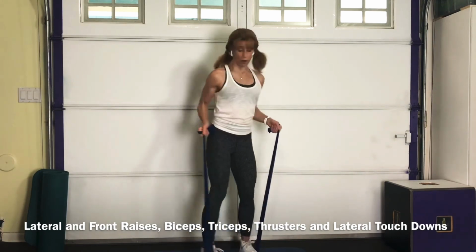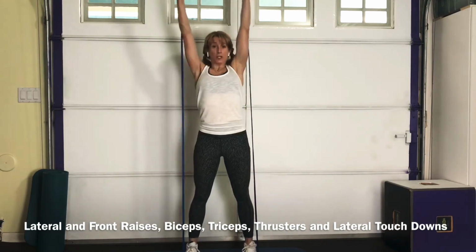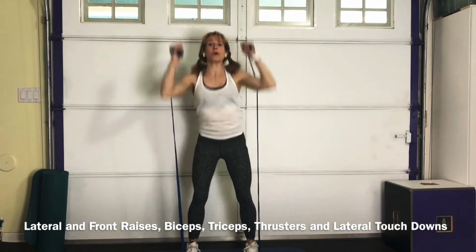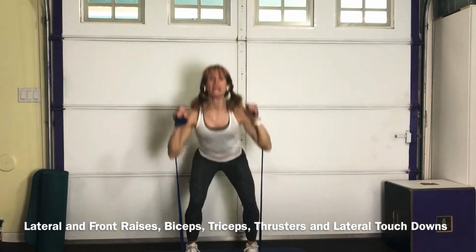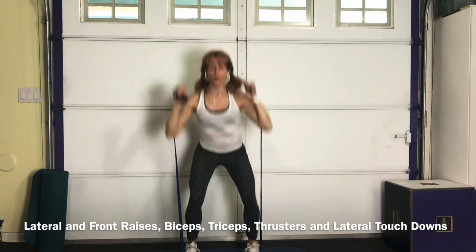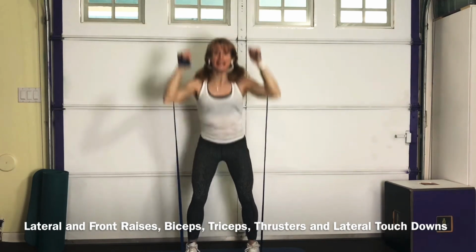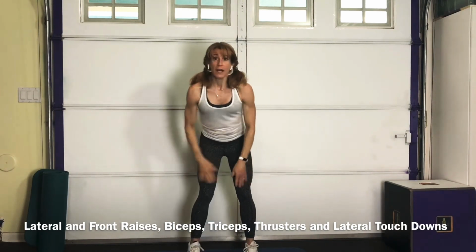And now we're just going to get your heart rate up a little bit more by doing thrusters. So you're going to press it up all the way over your head. And make sure when you squat down that you're driving your hips back behind you. Don't be going straight down like this. That's a little bit too much pressure on your back. Drive your hips back. Here we go. We're going to do 3 more, 2 more, last one,